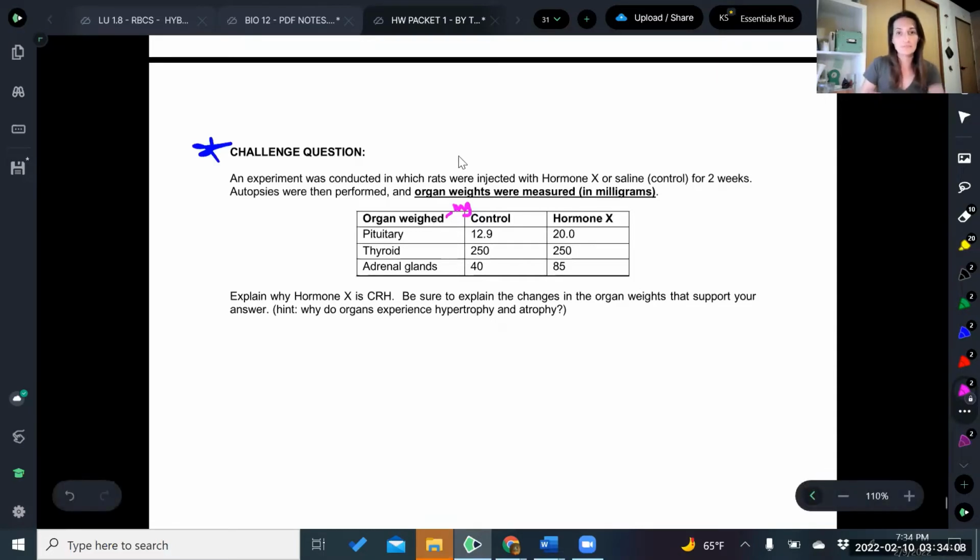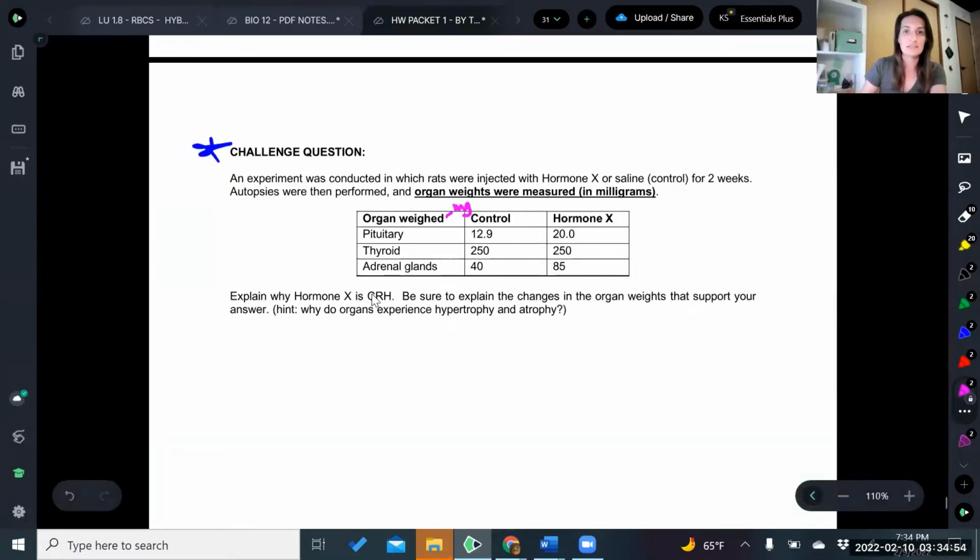And this question states that rats were injected with hormone X, and we're comparing those weights for the rats that were injected with hormone X with control rats to see whether we've had hypertrophy or atrophy or no change between those two treatments for our rat organs. The question itself wants to explain why hormone X is CRH. So it's telling you what the hormone is, and to look at the results and justify why that is the exogenous hormone